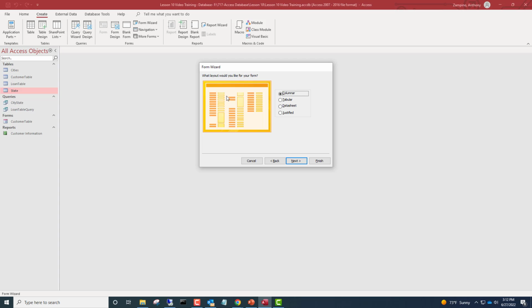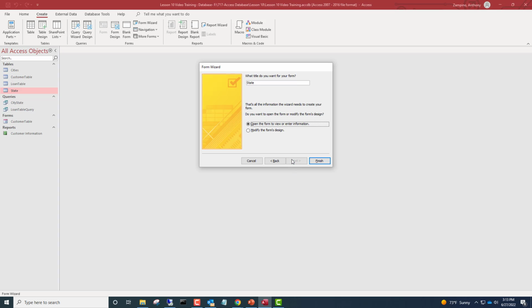We'll go next, and you'll see that we have a column view of the form, but we want tabular, and notice it brings it across like a spreadsheet. Datasheet is very similar, and then you've got the justified, but we're going to go with the tabular. We're going to go next, and here again it's going to put a title up there as State, but we're going to edit all that information ourselves in the design view. So we're going to go ahead and hit finish,